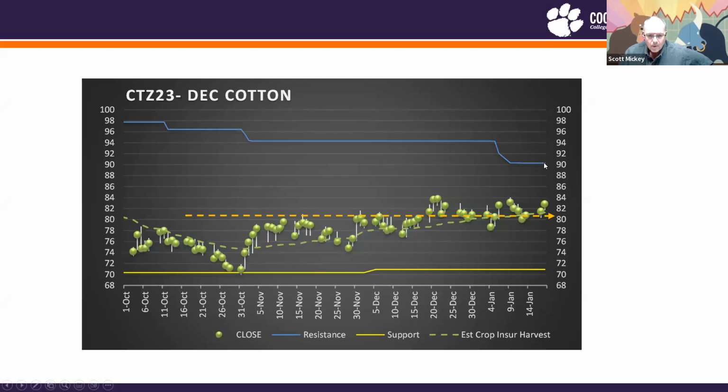We have to go back more than 100 days to when we had cotton above 90 cents. Okay? At the pace we're going, it's going to take a long time to get 2023 cotton futures back up to a 90-cent level. And even if we did, that's still 2 cents less than what my model farm would need to break even.